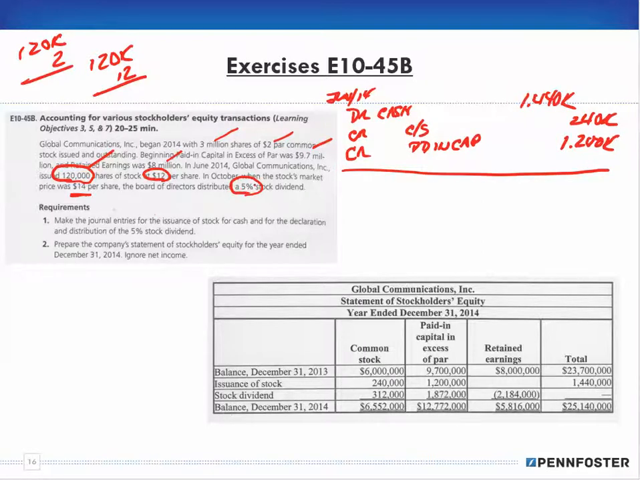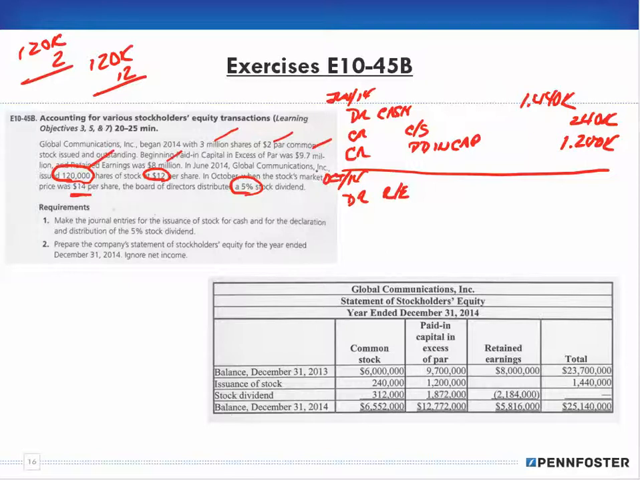Now we have a 5% stock dividend. We know that this is in October of 2014. So we know that we're creating a stock dividend, so we have to take it out of retained earnings. So we debit our retained earnings, right? And our retained earnings